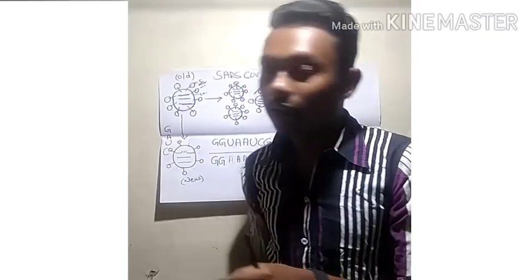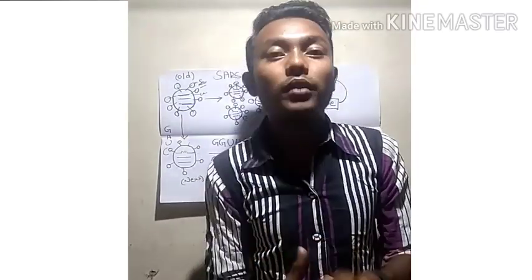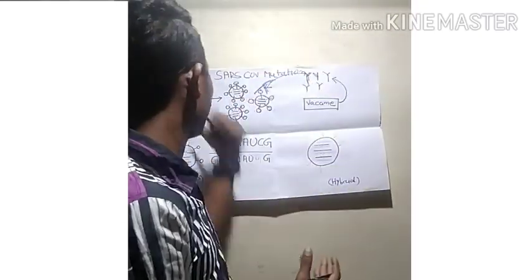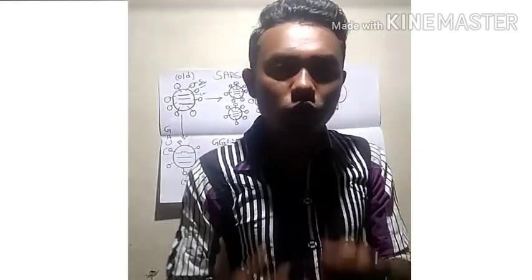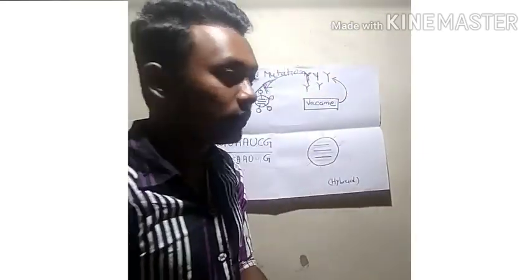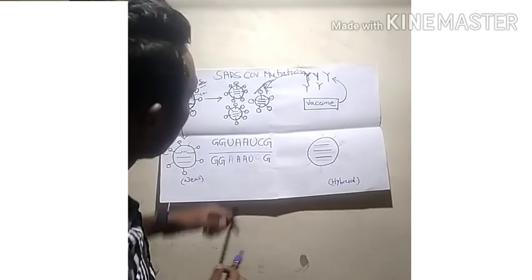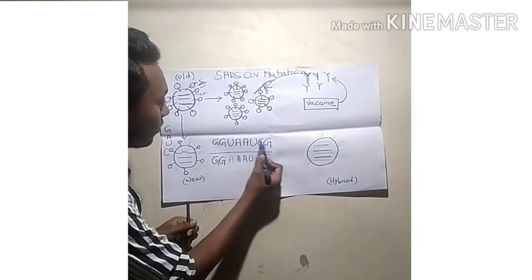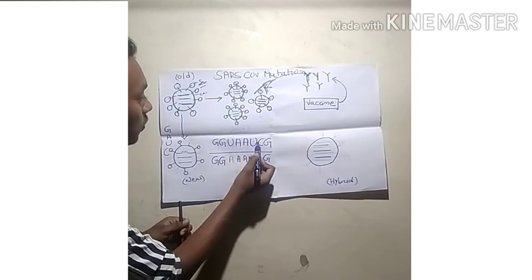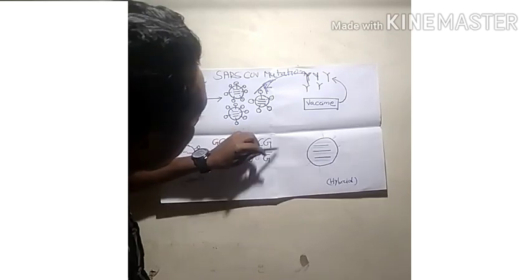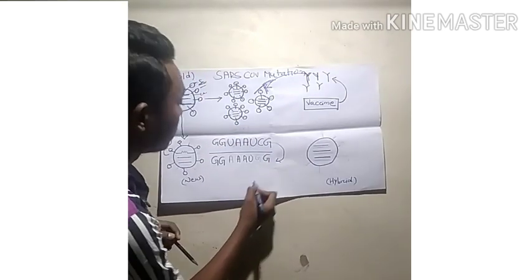So a new strain of virus is the modified version of the early stage of virus, right? We know that virus contains nucleotides: G for guanine, A for adenine, U for uracil, C for cytosine, right? So let's assume the early stage of virus contains this nucleotide sequence, G U A U C G, but when it modifies itself,